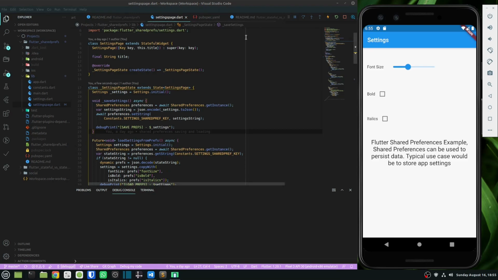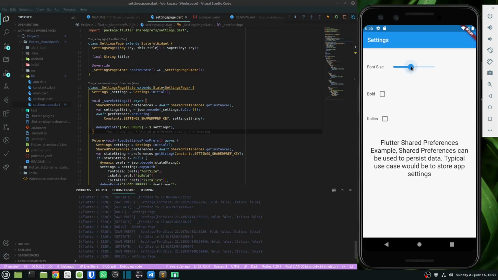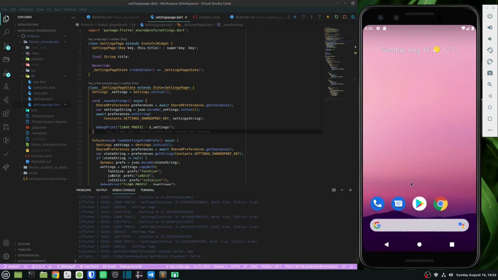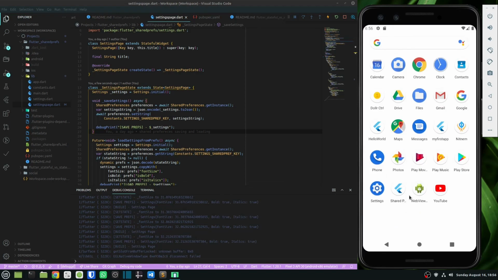Let's have a look at my application and see how this is running. So I'm changing my font size and it's updating the settings and then saving and persisting it using shared preferences. Same with bold and italics, it's persisting these settings. So let's do one thing now. Let's save the settings at this state, and then I'm going to exit the application and launch the application again.